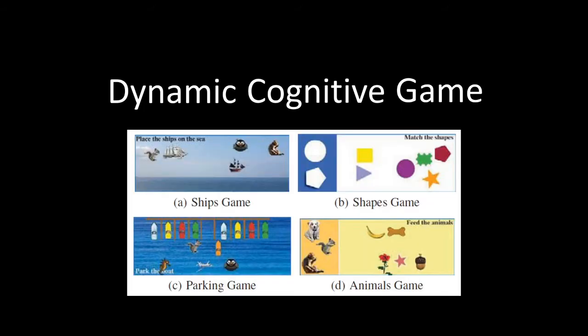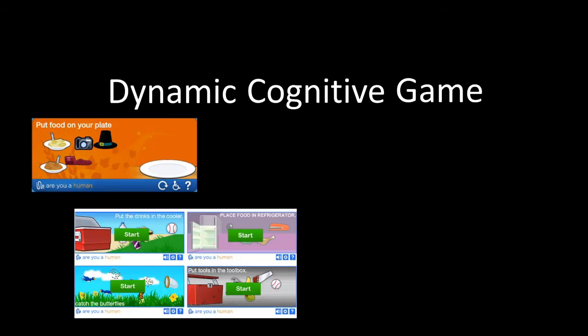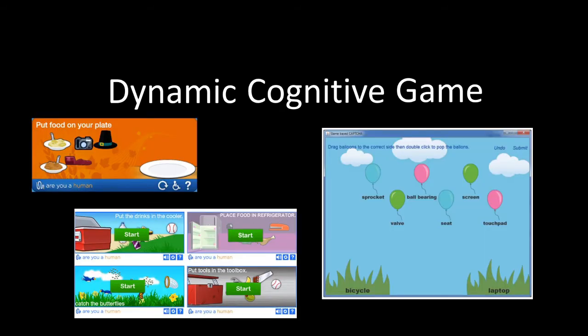Dynamic cognitive game CAPTCHAs challenge users to solve small puzzles presented to them as a fun minigame. These rely primarily on either visual or semantic matching of objects and also involve a drag-and-drop component. They're not very viable for attackers to pursue, both for automated dictionary attacks and relay attacks.